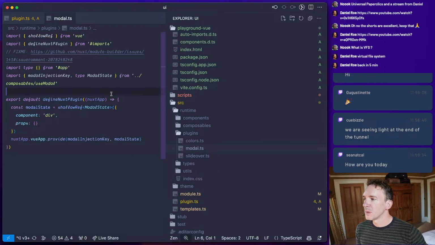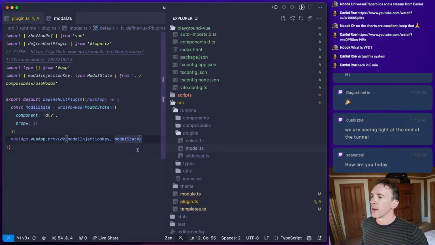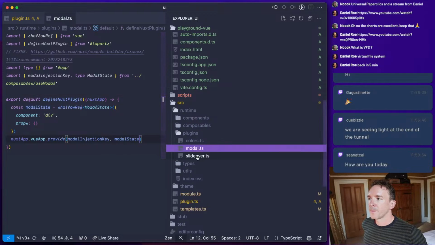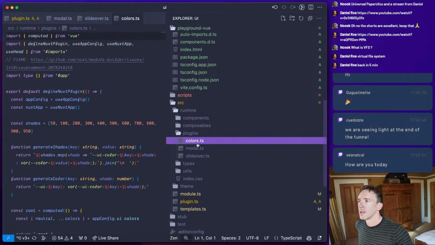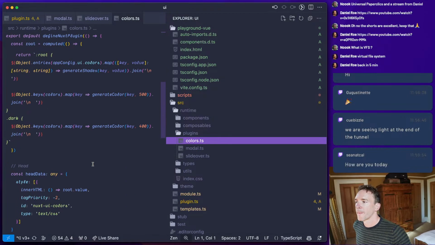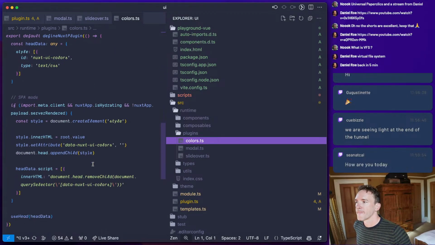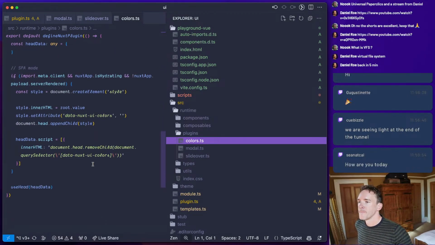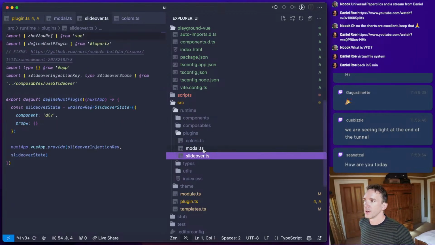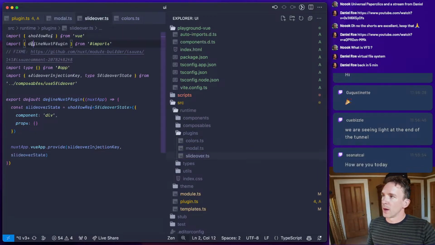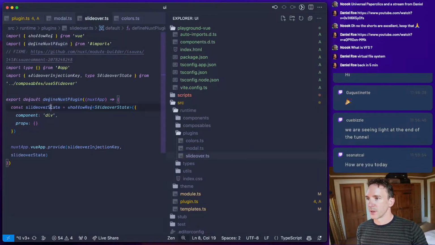We have a modal plugin, and we have slide over, and we have colors. Okay, the modal and the slide over are the easiest ones here. And I think I'd like to just use them.